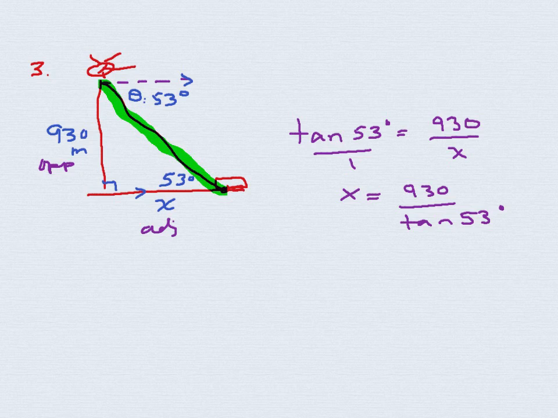So when you plug that in, you're going to get a decimal value of 700.805 and so on. To the nearest whole number, let's say that would be 701 meters,